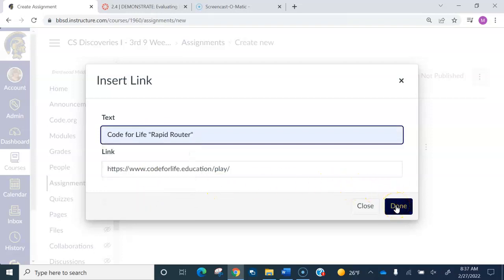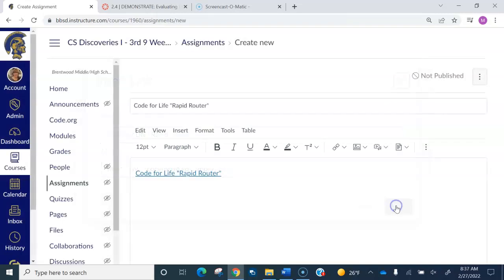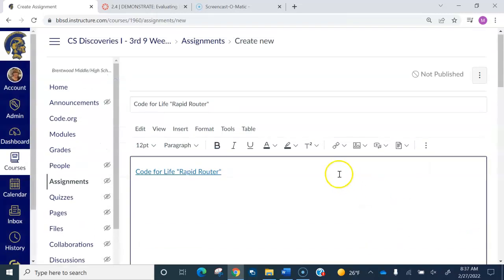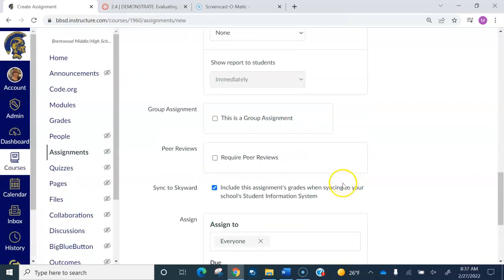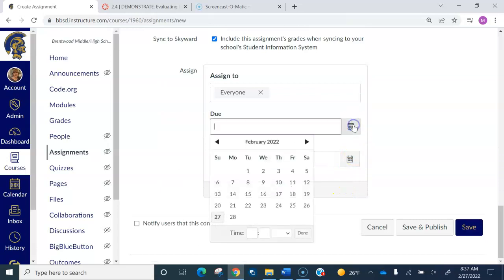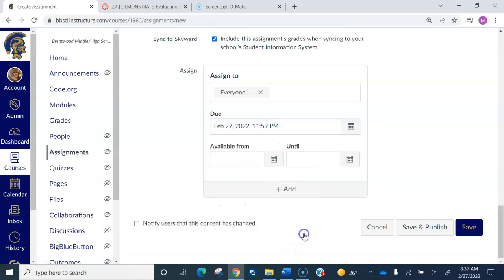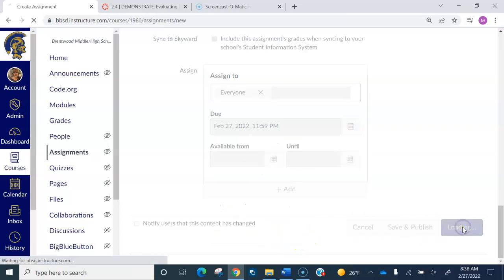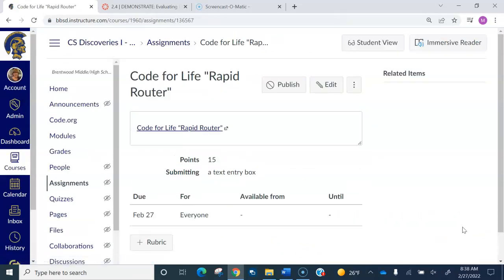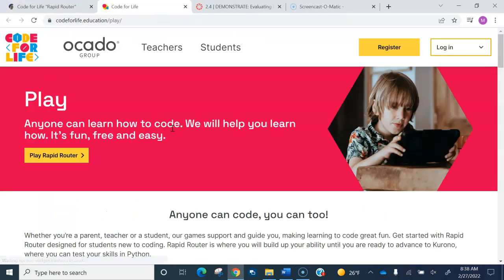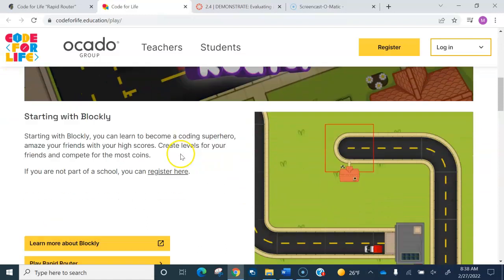Once I type the text that will be used for the link, I can type done. And then I have to give it a due date, so we'll make it today. At this point, I can click it and it will take my students to the Rapid Router for them to